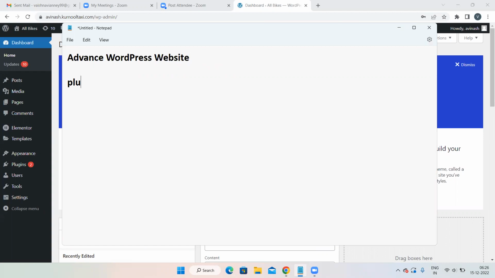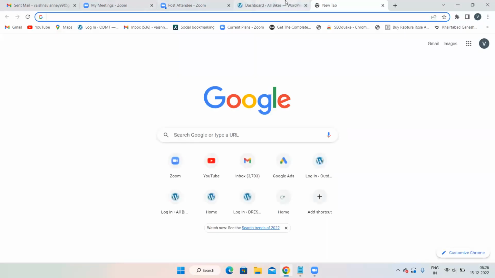Then we used advanced options such as plugins. We learned about plugins. Then we also learned how to create a blogging website. But in today's class, let us learn how to create an advanced WordPress website that is service oriented or a blogging website. Now, whenever you want to create an advanced WordPress website, if anything is there in your website prior,